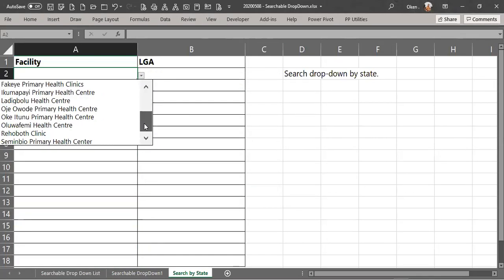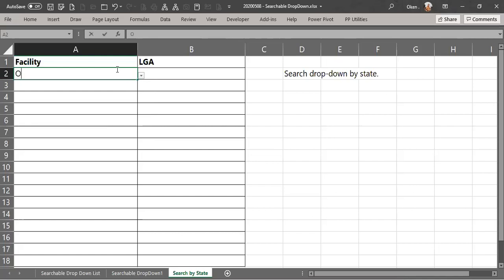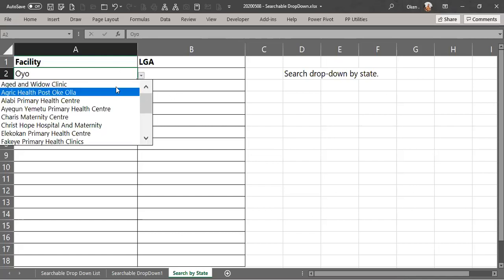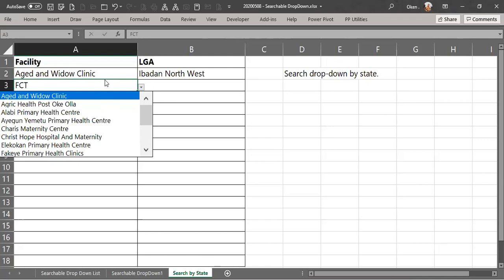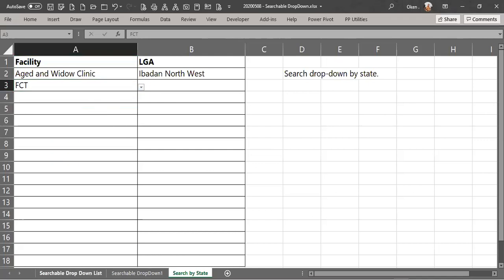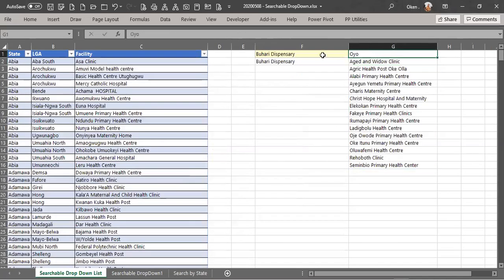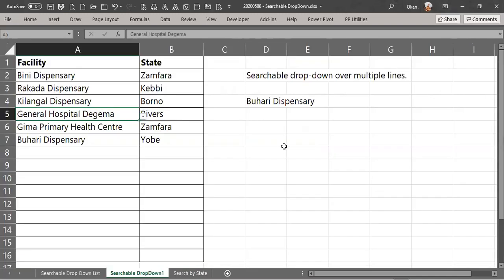So I want to be able to put Oyo here and have facilities in Oyo. I want to be able to put FCT here. I have FCT facility, but it's still giving me the facilities in Oyo because what I have here is Oyo up here. So just as we did, I'll need a formula to just give me the last